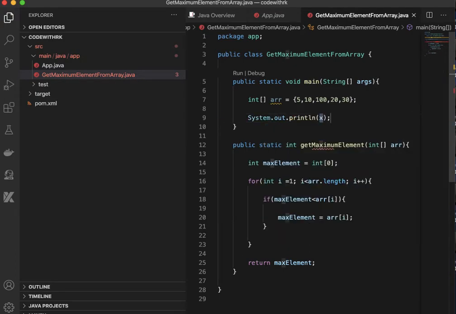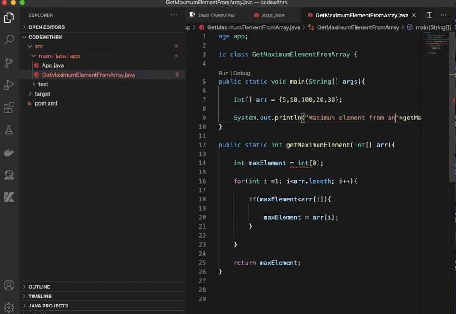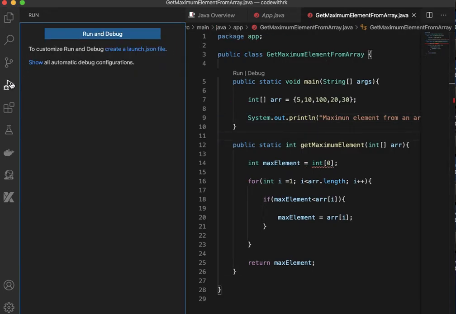Here I am just going to print that element, System.out.println, getMaximumElement, and I pass the array, and here I am writing one statement, maximum element from an array. Okay, so let me run this.